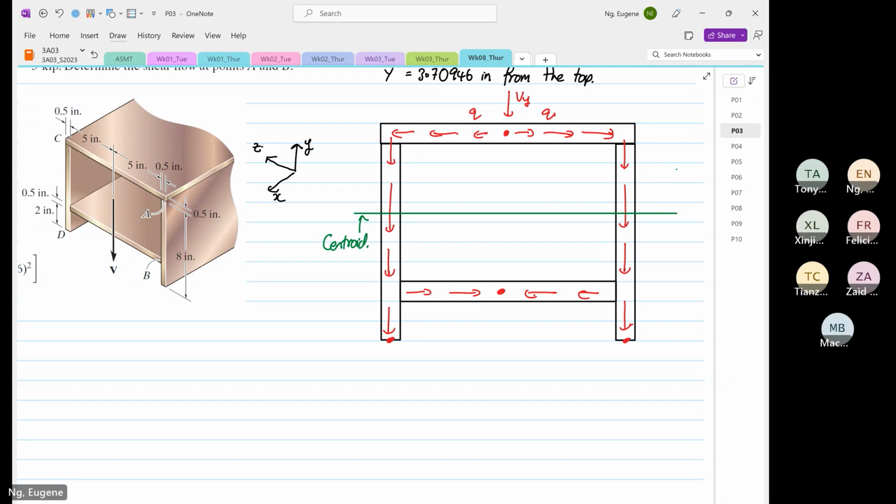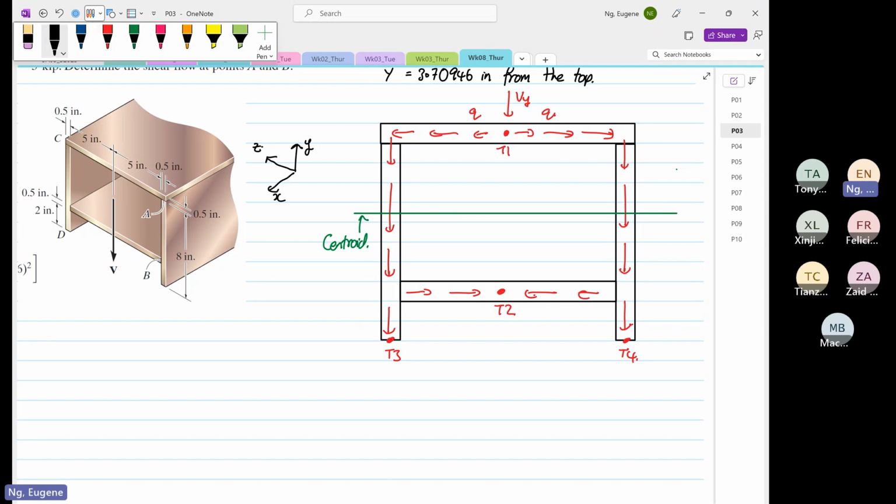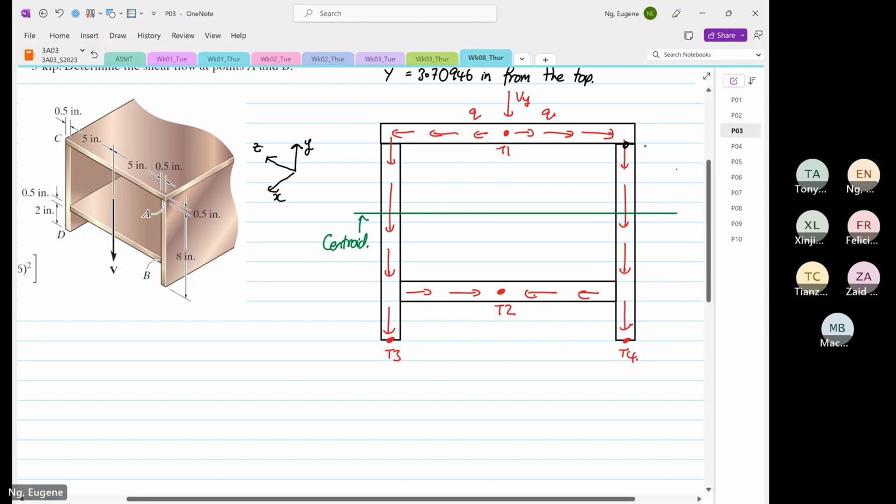Okay. So you have T1, T2, T3, and T1, and T4. So we are asked to find point A. So the location of point A is over here. And the location of point B